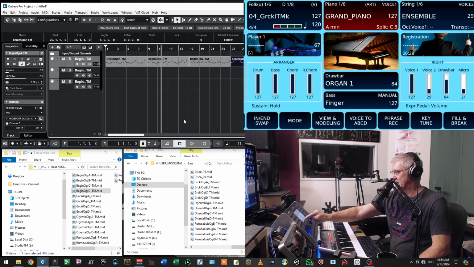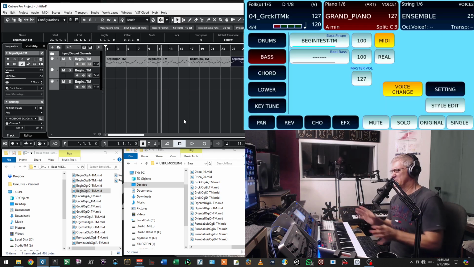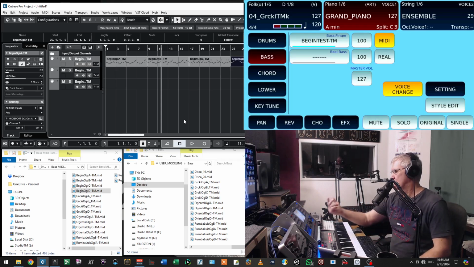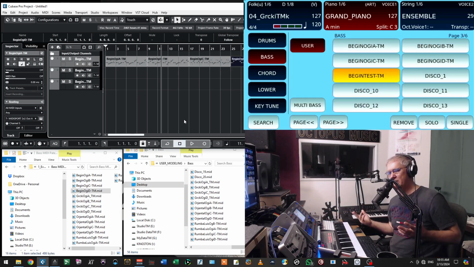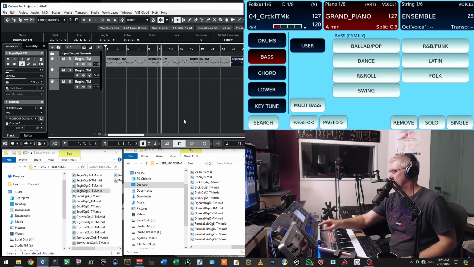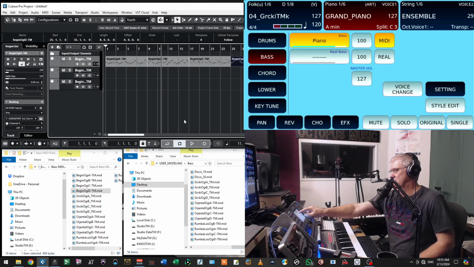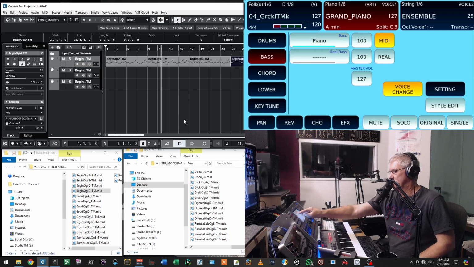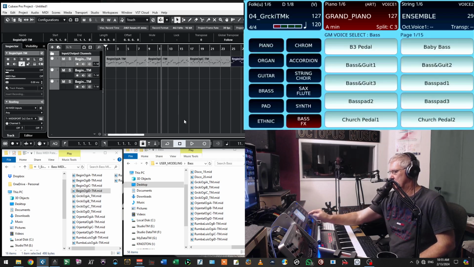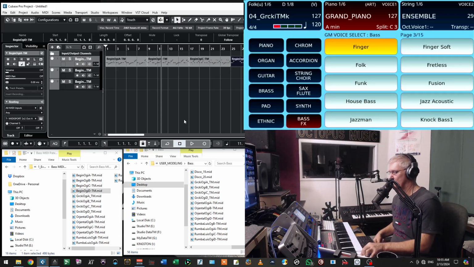Now, okay, let us just go back and say that we don't want this inside of this style. We want to go back to the original style. You can do that always. Just go here, go there, and press remove. Now you remove your pattern, and you are on with the original of your style. You just have to make sure that you choose the instrument that you need. This bass guitar and its finger bass. And now that is my old